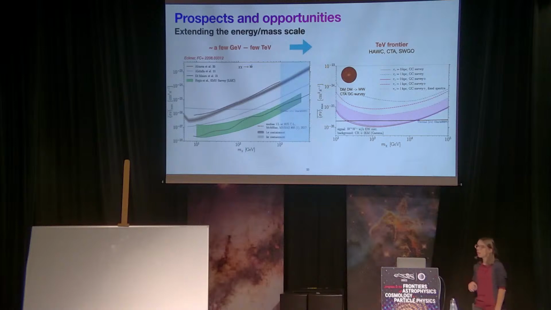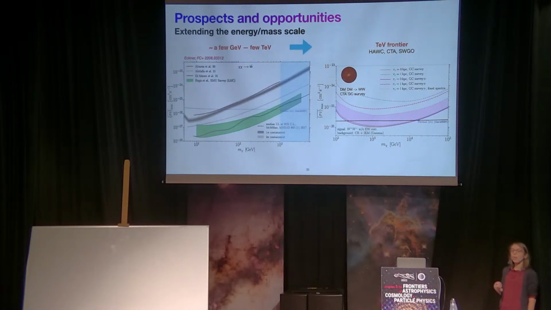So, how can we extend this mass range in a few directions is the topic of the next part of my lecture. We can go up in energy, and there we already have some operating instruments like HAWC, which is giving very strong constraints on dark matter at the TeV mass scale. And in the future, as I mentioned yesterday, we expect the Cherenkov Telescope Array to give a huge improvement